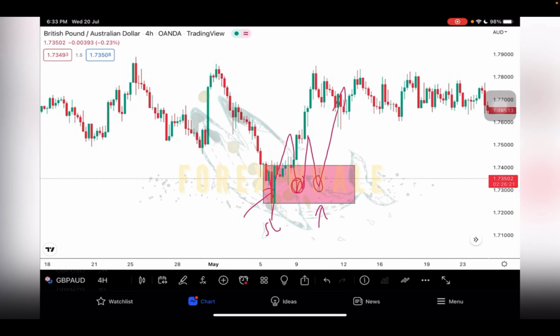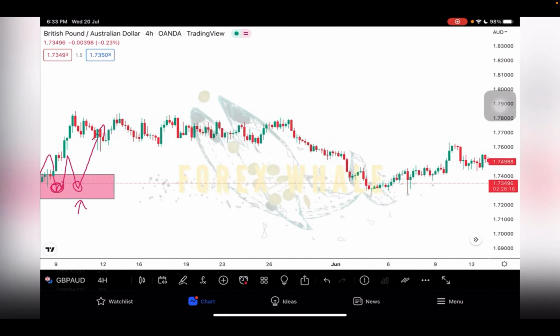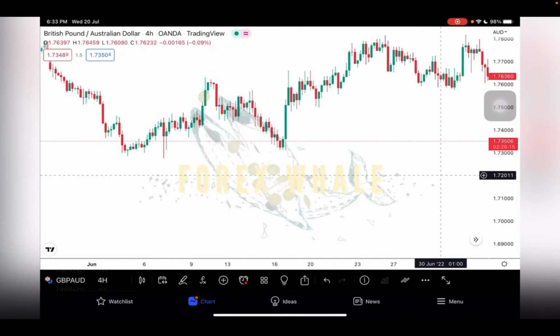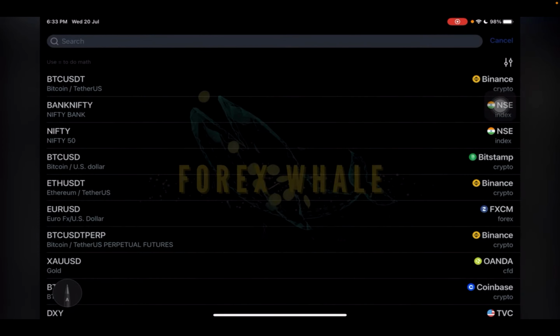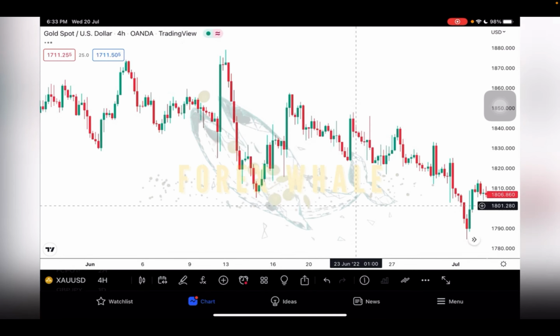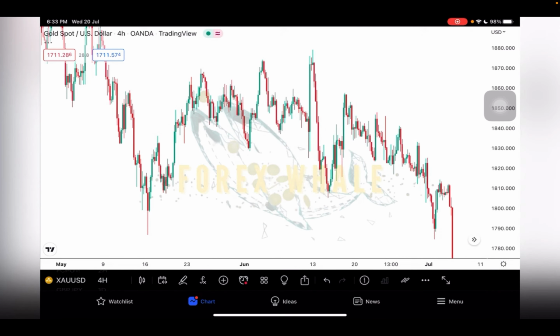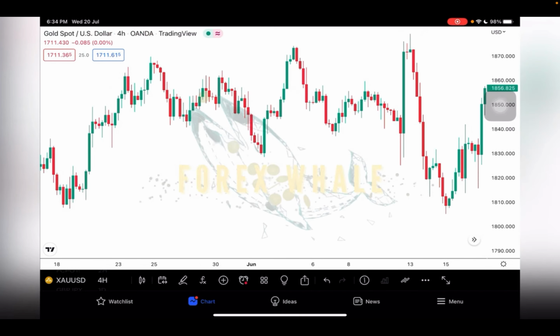Okay, but usually I'll just place my entry once I see that, especially after a confluence is done. Once I've identified my confluences, then I don't need to wait for the retest. Okay, that's my style. This one is also another one. Look,